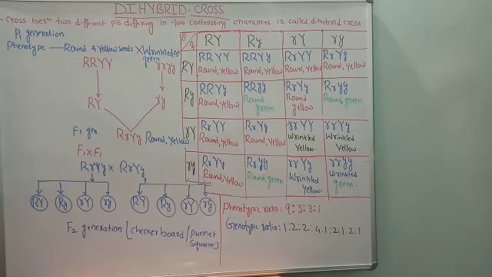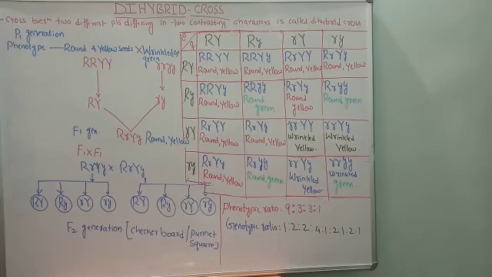1:2:2:4:1:2:1:2:1. So this is very difficult to mug up, but there is one method to understand and write the genotype. How? I will show you how. So here you have to write on one side in the rough paper how many capital R, capital Y are there. You have to write one. There is only one. And similarly, you have to find out how many capital R, capital Y, small y are there. For example, here this is 1, this is 1, 2. Okay. So likewise we have to find out. Then you have to go on writing 1:2:2:4:1:2:2:1:2:1. So likewise we have to write the genotype.